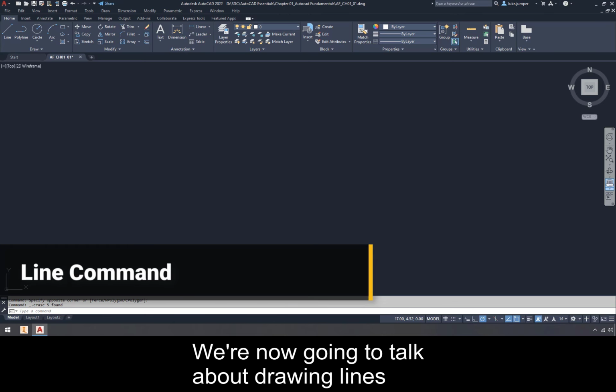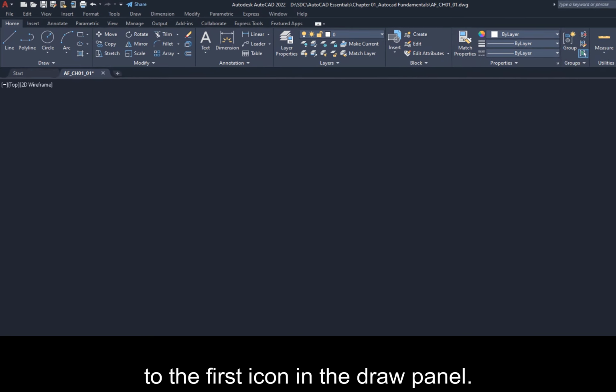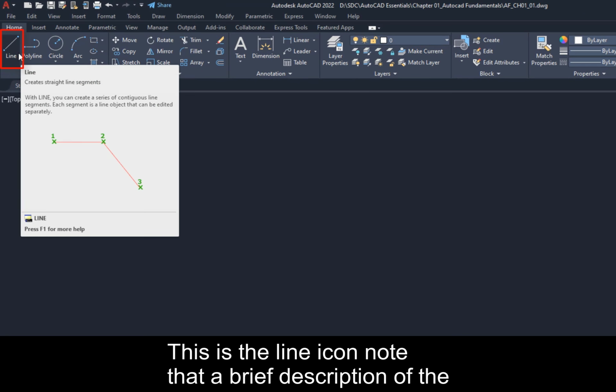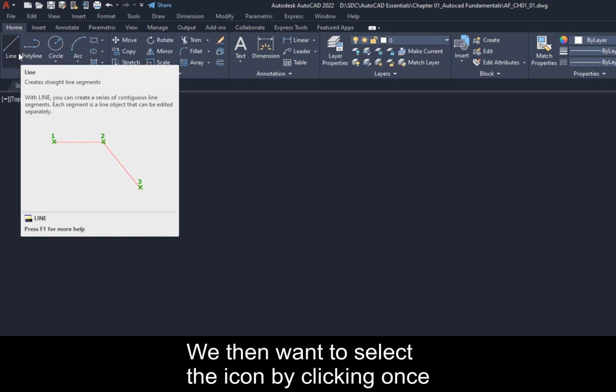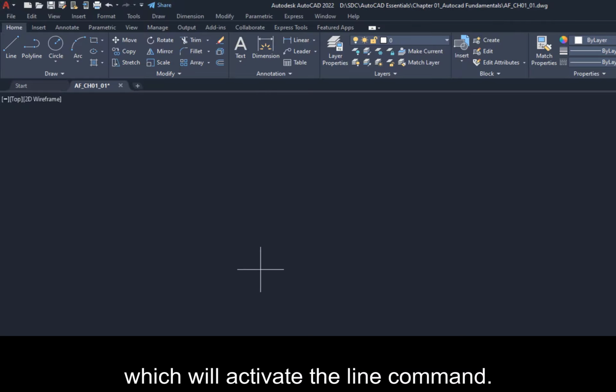We're now going to talk about drawing lines with the line command. I want you to move your graphics cursor to the first icon in the draw panel. This is the line icon. Note that a brief description of the line command appears next to the cursor. We then want to select the icon by clicking once with the left mouse button, which will activate the line